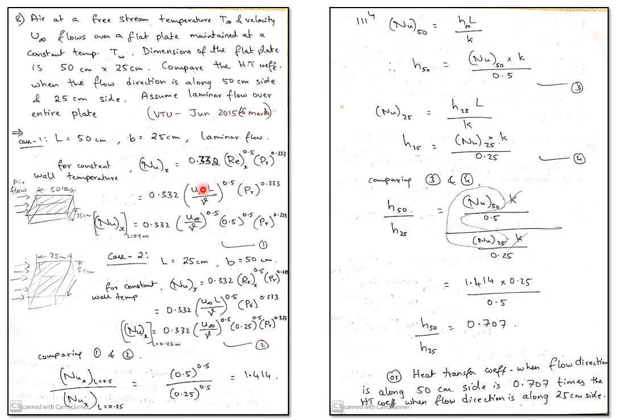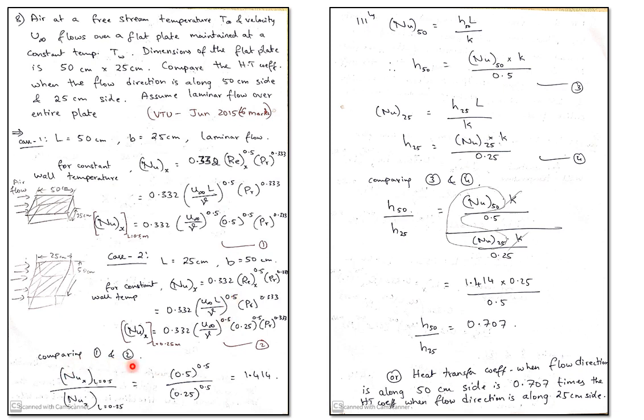So you know the Nusselt equation, you can directly take it, because for constant wall temperature the Nusselt number is in terms of Reynolds and Prandtl number. What is Reynolds? U infinity, that is V infinity into L by nu. We don't know the value of U infinity and V, but we know the value of length L as 0.5 because we are taking this as the first case. Similarly in the second case the length becomes 0.25. Here 0.5 and here 0.25, that's all. So both the equations you need to keep as they are.